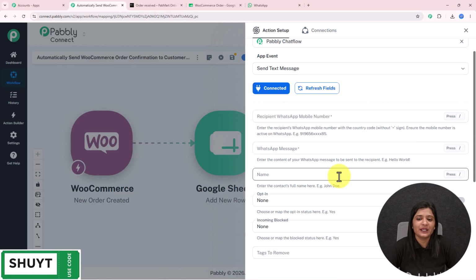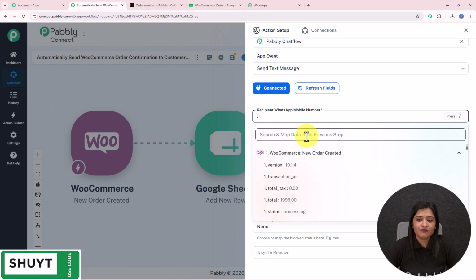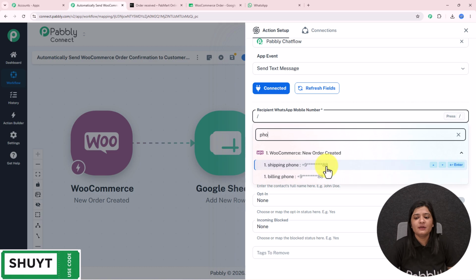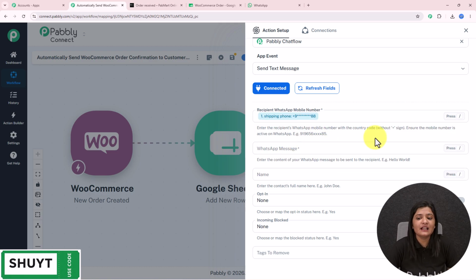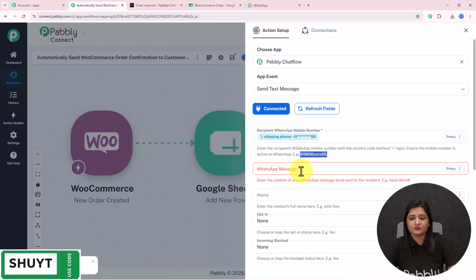Now I'm going to enter the phone number first. So I'm going to map it. As I've told you, we are going to map it. The phone number was this one, but over here we have the plus sign. In the help desk it's written that we do not have to enter the plus sign, which means we need to format this. For that, I'm going to